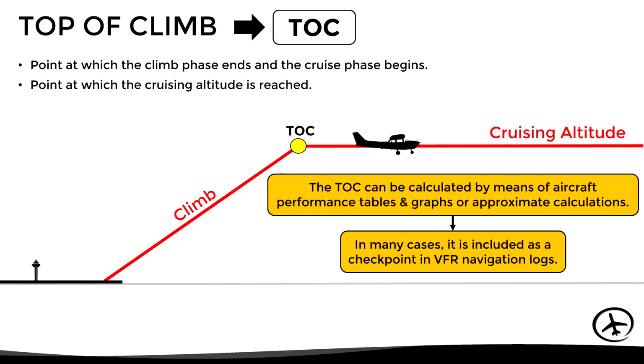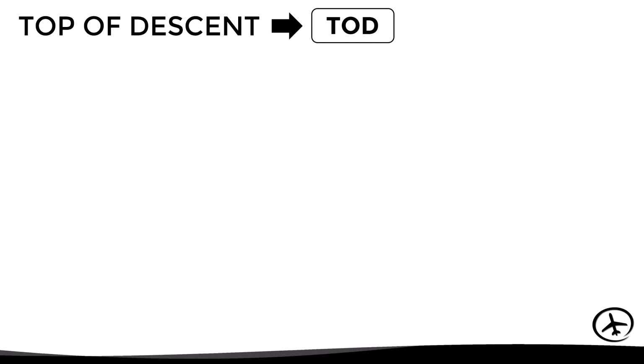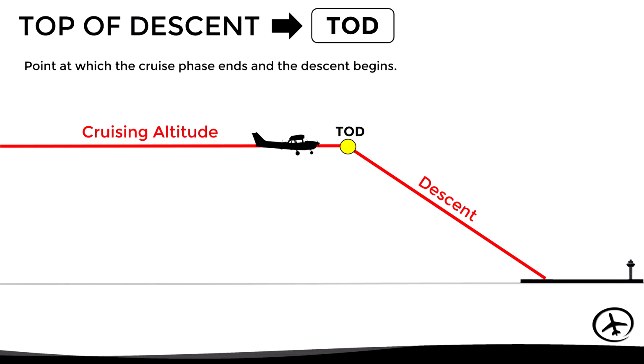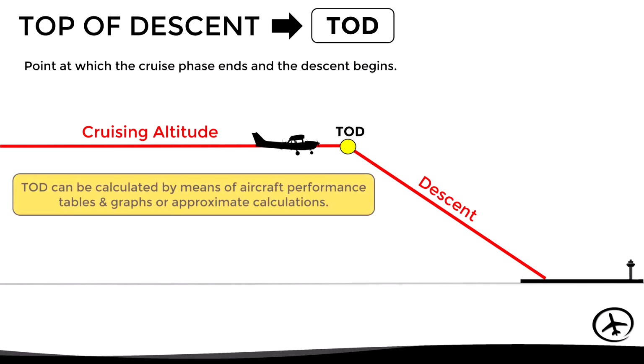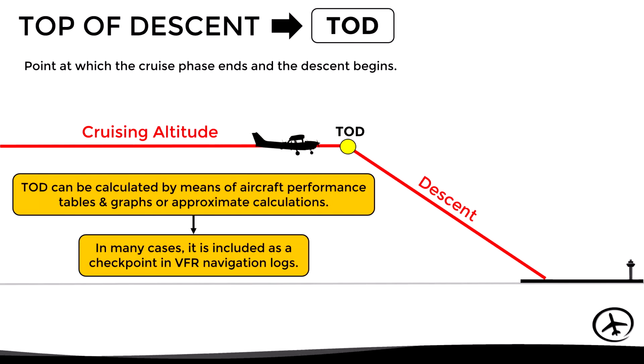Now, in the same way, the aircraft has to descend from the cruising altitude to the destination airport elevation, which implies that during this phase the fuel consumption will be lower and the ground speed will probably be higher. For this reason, the top of descent is sometimes included in the navigation log. This is basically the point at which the cruise phase ends and the descent begins. The position of this top of descent can be determined using the performance tables of the aircraft, or by means of approximate calculations,